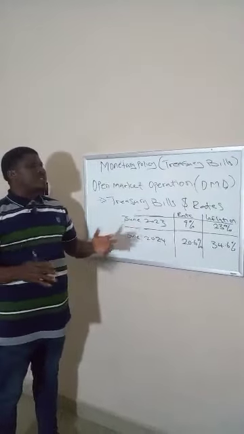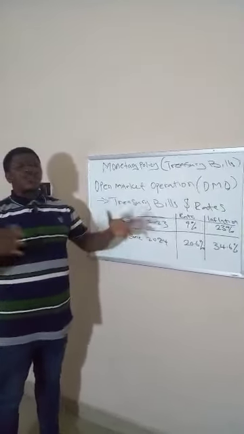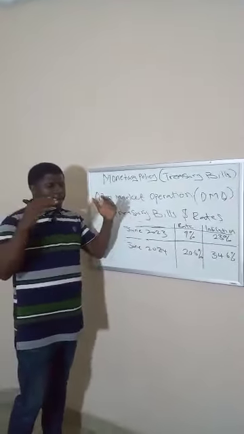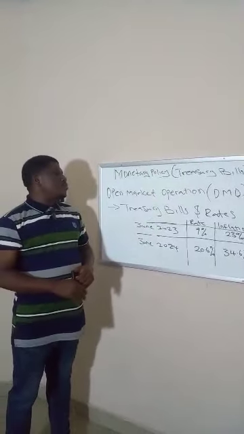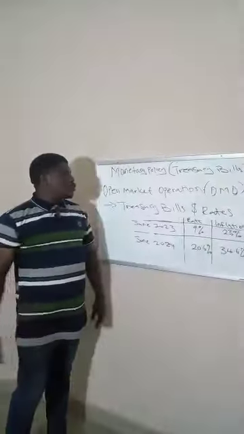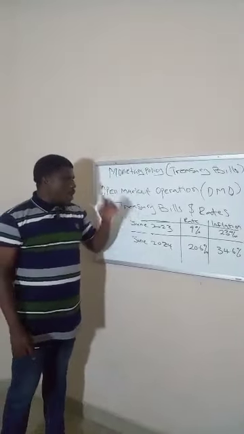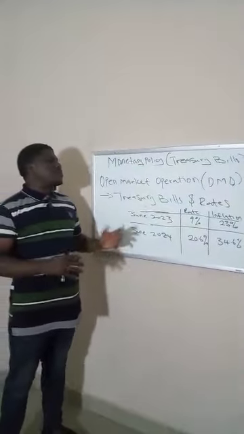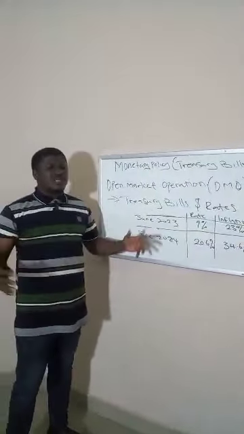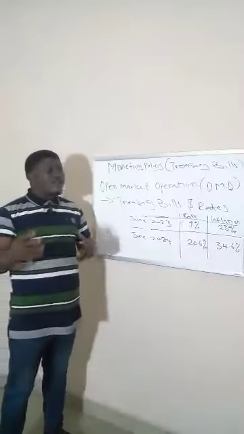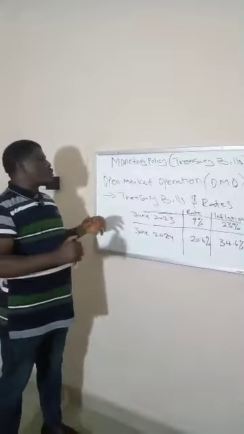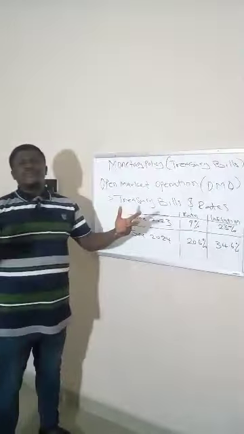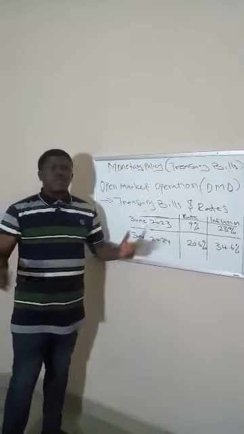The central bank does this with a lot of monetary policy instruments, which include open market operation, bank rate, reserve ratio, moral suasion, and all that. Today we'll be talking about open market operation, and when we talk about open market operation, we are simply referring to how the CBN manages government securities. That is the buying and selling of government securities in order to control the money supply in the economy, which include federal government bonds, treasury bills, and all that.